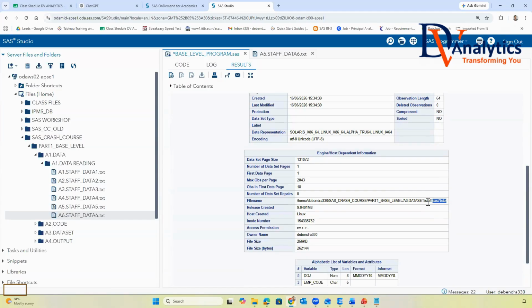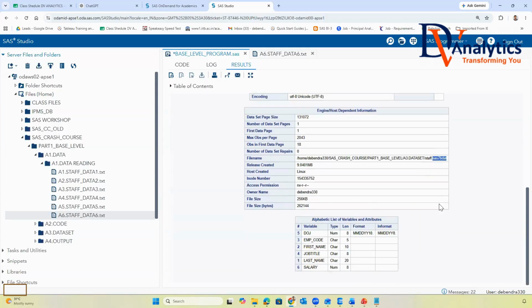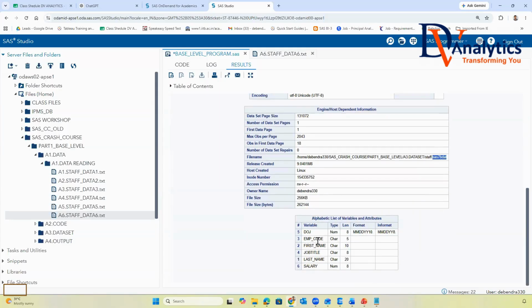It shows the variables in the dataset and their data types. Num means numeric, char means character. By default, the length is 8, or you can define the character length up to 32,767. So this is what we understand about how your dataset's library is going to come.